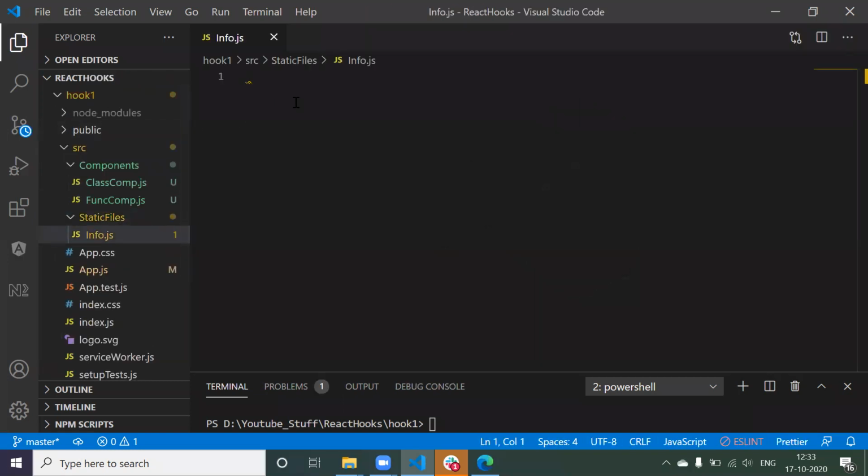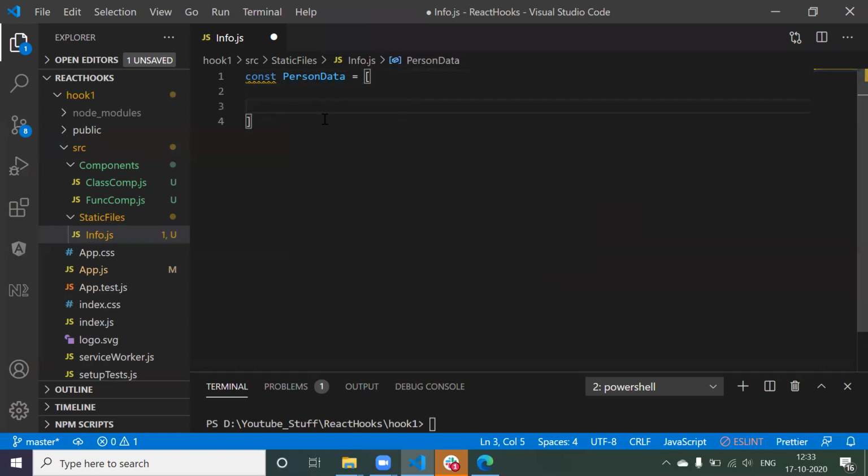Now in this file, I wanted to maintain data of some persons. What data do I want to maintain? I want to maintain name, email ID, and the country from where the person belongs. So here I wanted to create a JSON object. How can we create a JSON object? I'm saying const personData equals to,